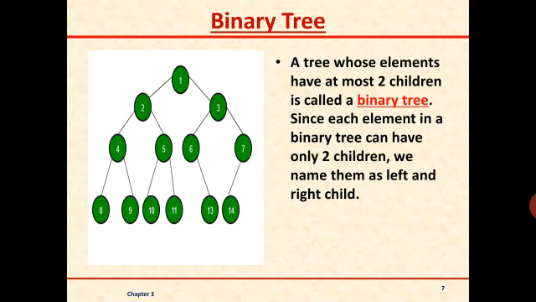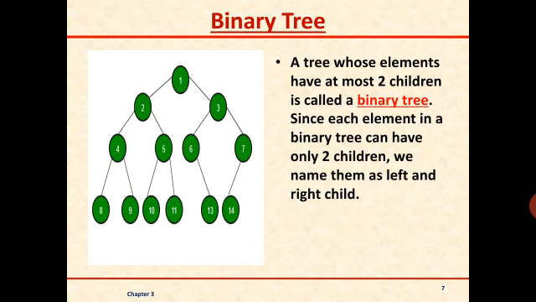See, in our example, we can see here that node 1 has 2 child nodes, node 2 and node 3. Similarly, node 2 again has 2 child nodes, 4 and 5. Node 4 has 2 children, 8 and 9. Node 5 has 2 children, 10 and 11. Similarly, node 3 has 2 children, 6 and 7. Hence, we name it a binary tree.